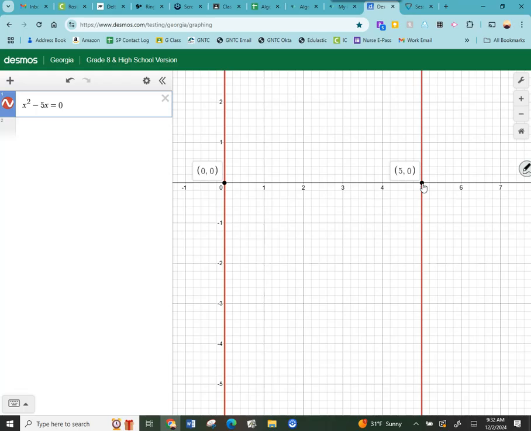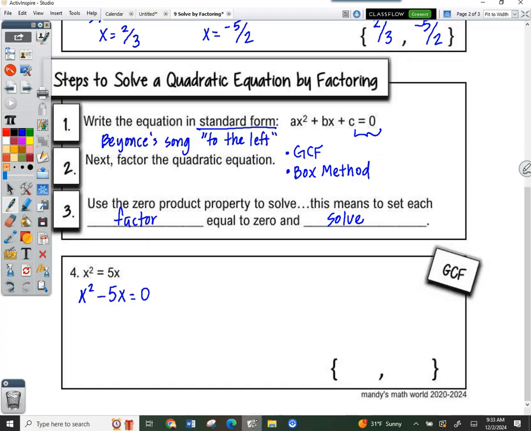But what if the state says, which of the following would be the next step in solving this by factoring? Because I've seen that in some of the practice problems. That means they don't really want you to solve it. They want to know, do you know the process? So this would be step 1, and then step 2 would be